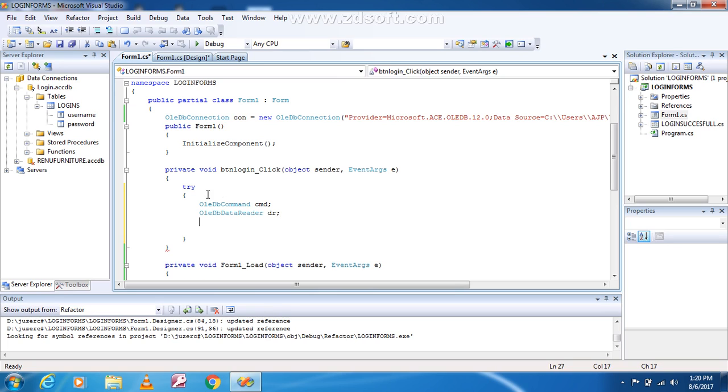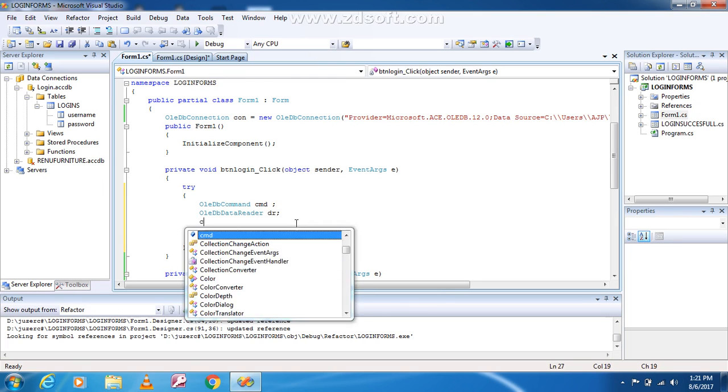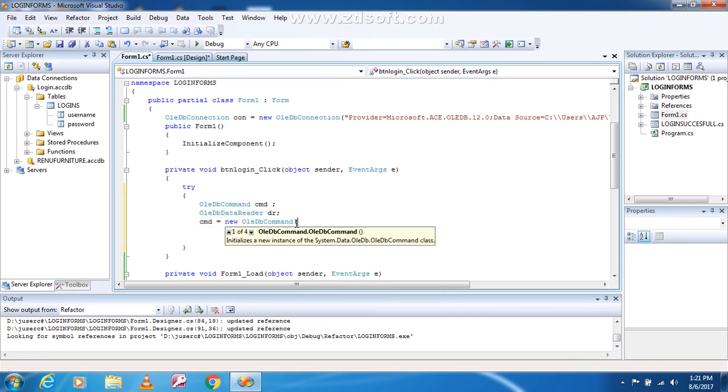So as you can see, I created the object of OleDbCommand cmd and OleDbDataReader dr. You can do it in two ways. You can also write is equal to new OleDbCommand and pass the query here, select star from and all that. But I like to do instantiation. Instantiation means I will just create the object, and after that I will write cmd is equal to new OleDbCommand, select star from login